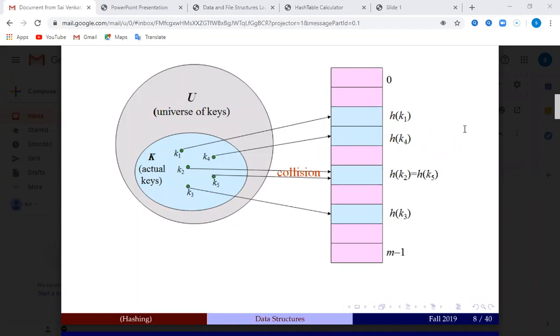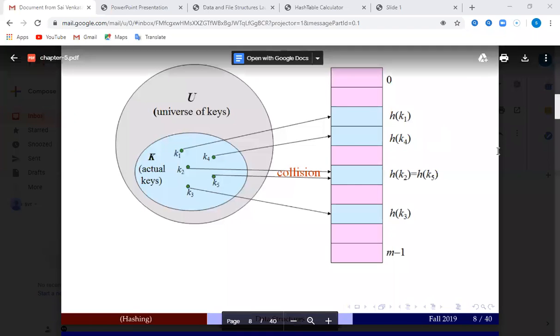Next are the kinds of hashing you have: open hashing and closed hashing. Then we will have the collision resolution methods.